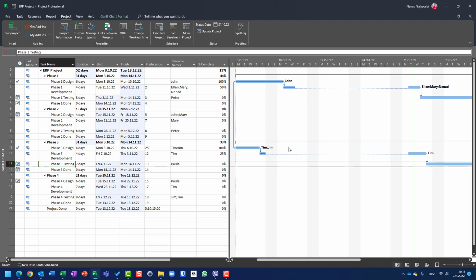So obviously this task is partially complete, 50%. The other 50% is planned to be done at earliest. The remaining part will start earliest at 1st of November. So obviously this task, which is successor of task phase 1 development, should be started not as planned, but it was pushed forward, and therefore